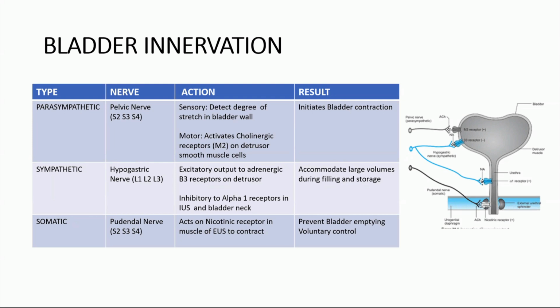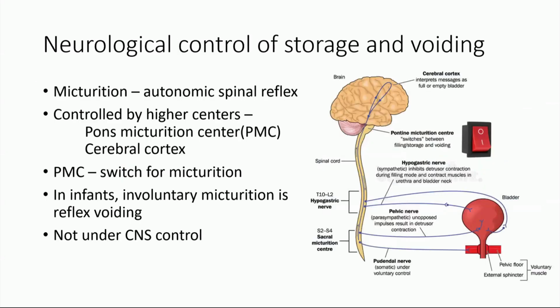The pudendal nerve is the somatic nerve, and it provides innervation to the external urethral sphincter and is under voluntary control. It prevents the bladder emptying. Micturition occurs involuntarily in infants and young children until the age of 3 to 5 years, and at this time